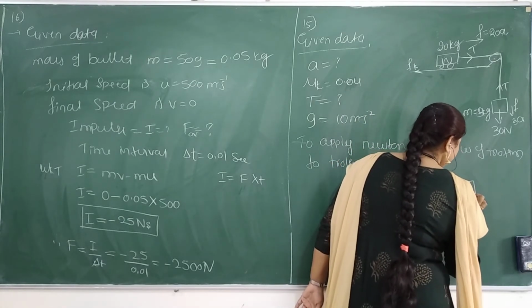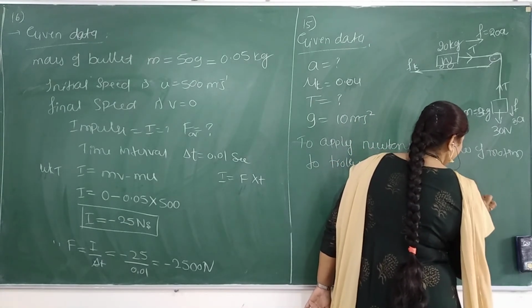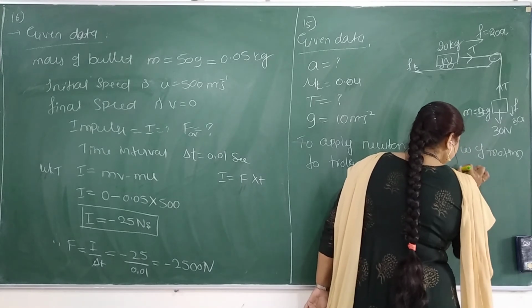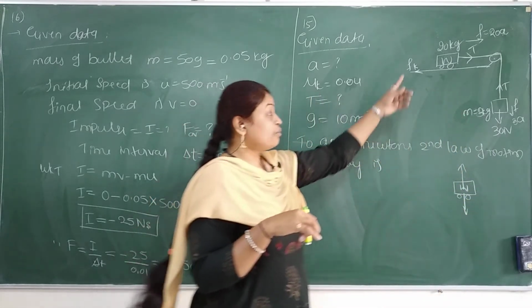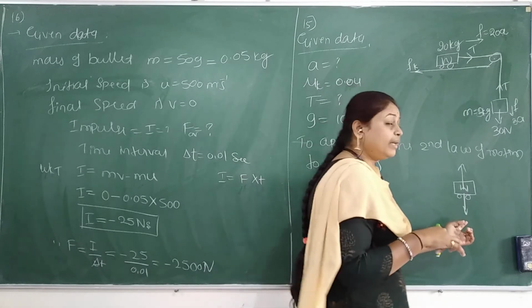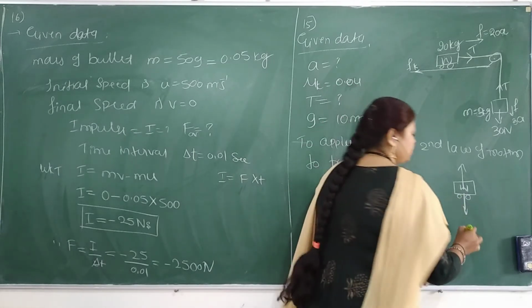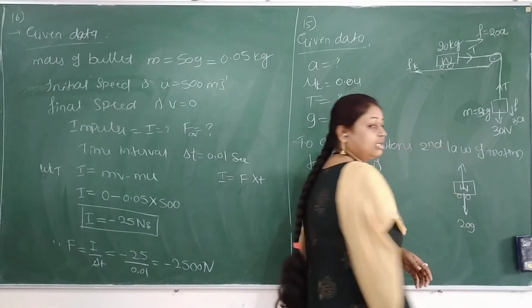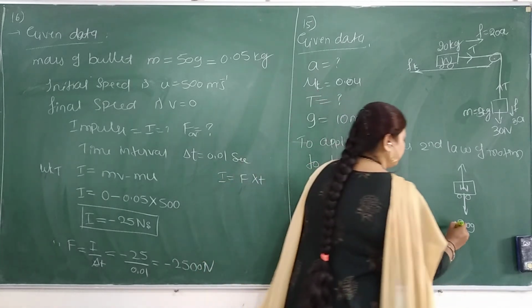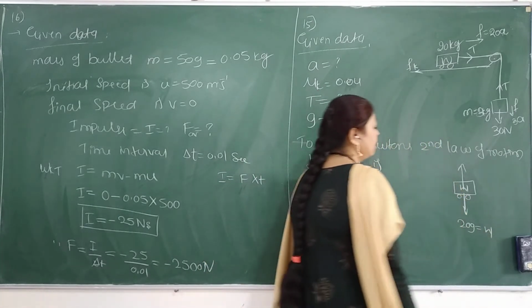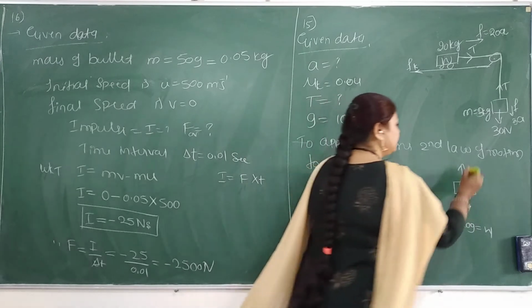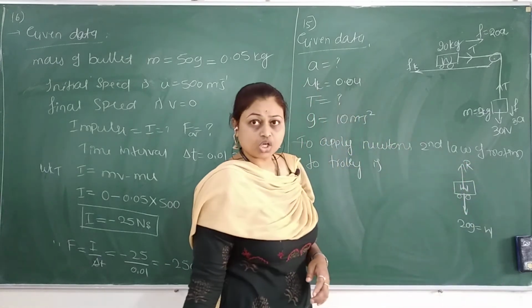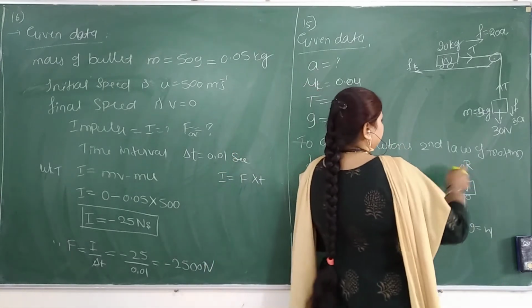Here it is a trolley. It is having a weight. Tell me now. It is having a weight. Mass is how much? 20 kg. So weight can be 20 into g. 20g. This is the weight. Right here. Weight. Next, in opposite direction, normal reaction is acting on this trolley. In horizontal, this is the vertical.